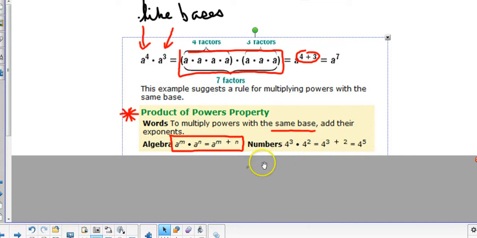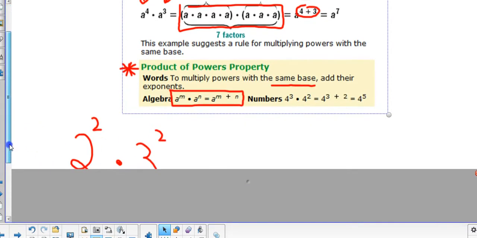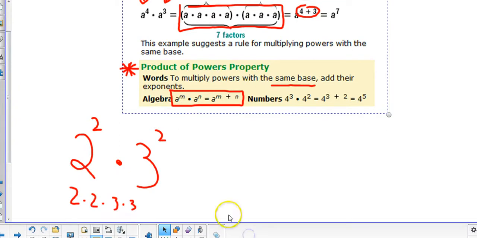What happens if they're not like bases? 2 to the 2nd times 3 to the 2nd. Well, I can't make that anything other than 2 factors of 2 and 2 factors of 3. They wouldn't turn into 4 factors of 6 or anything like that. But interestingly enough, you can rearrange this to be 2 times 3 times 2 times 3,